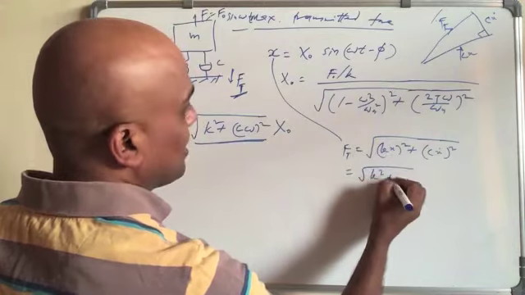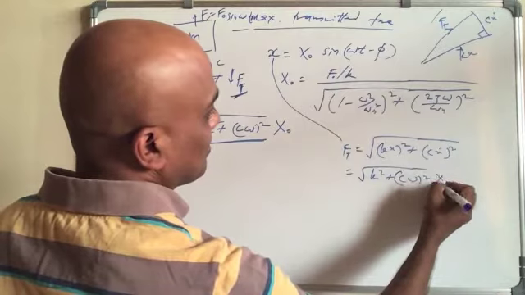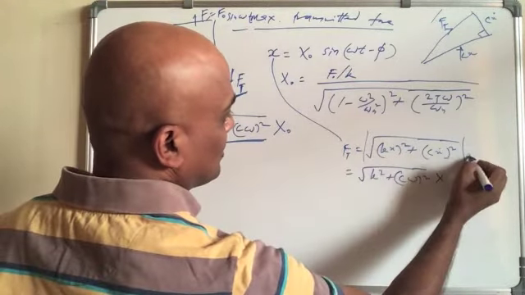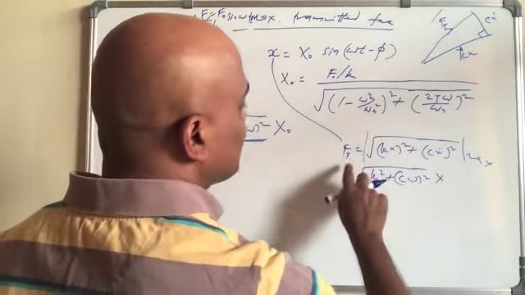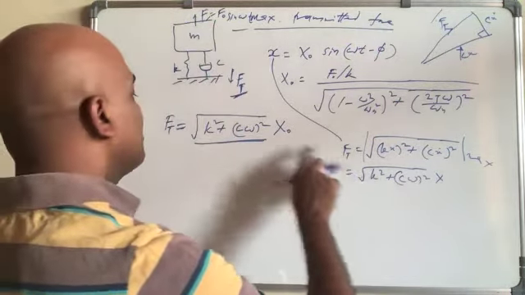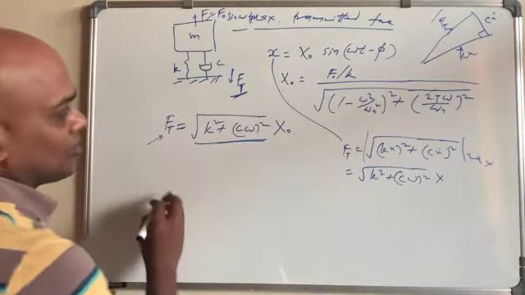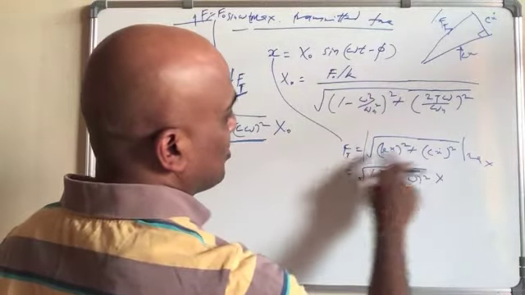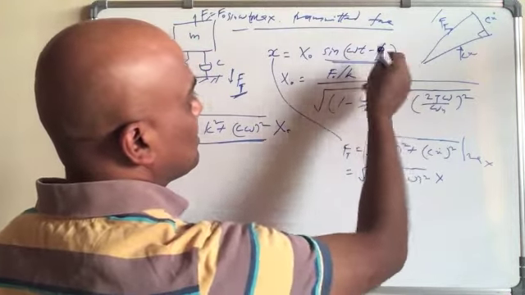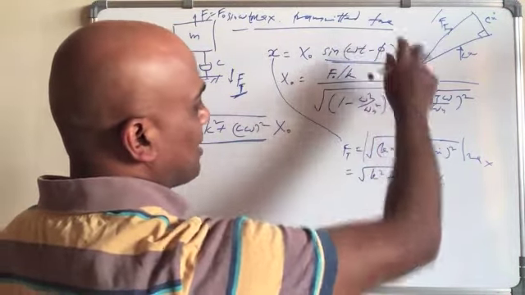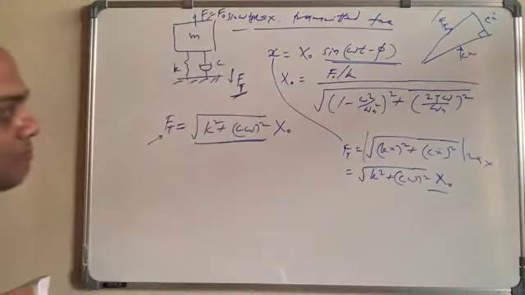So where x is x naught, this automatically comes out, and hence what we will have is root of k square plus c omega square, and then the maximum value. We are saying the maximum value. The force transmitted, ft, is typically taken as the amplitude, the maximum value. Since the sine term will be between 1 and -1, the maximum value will be this times x naught.